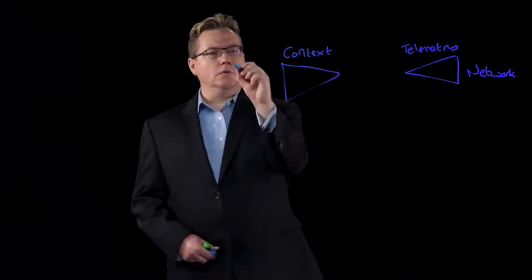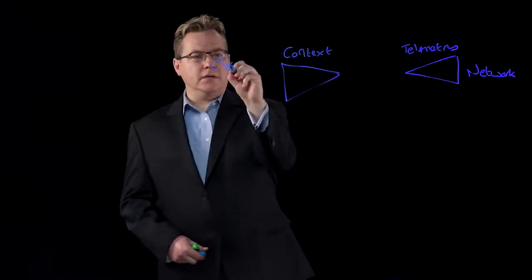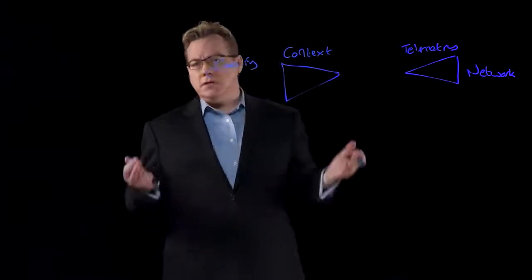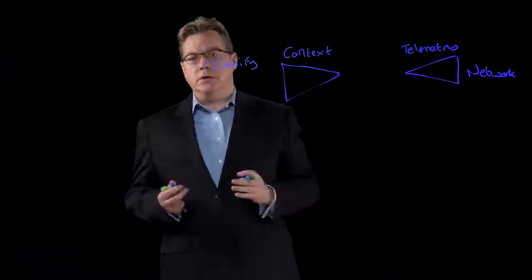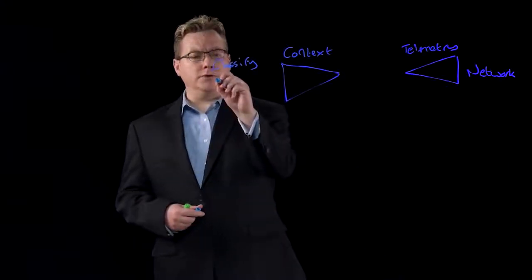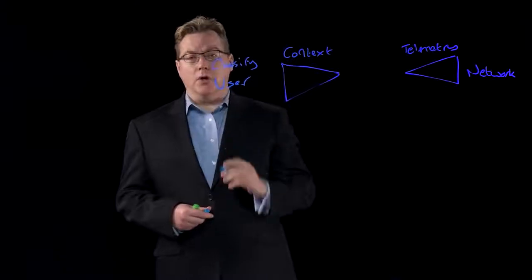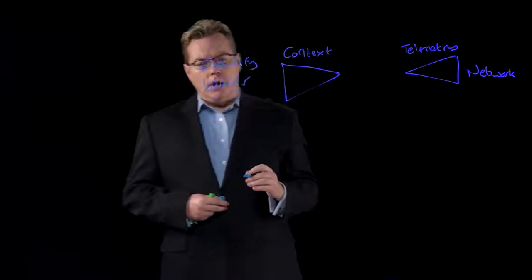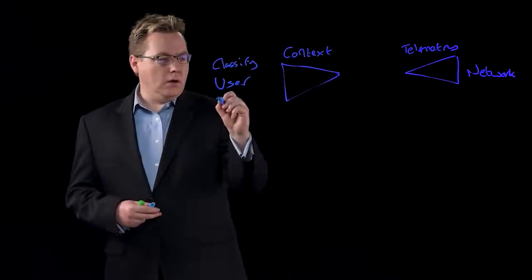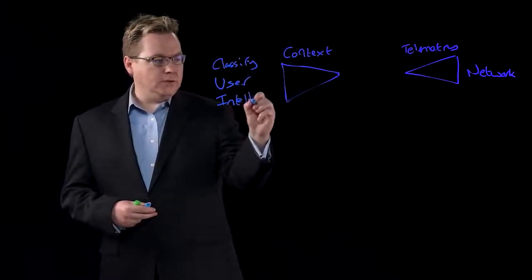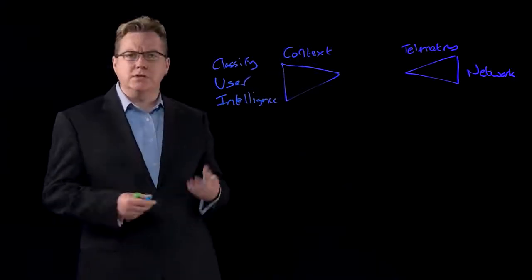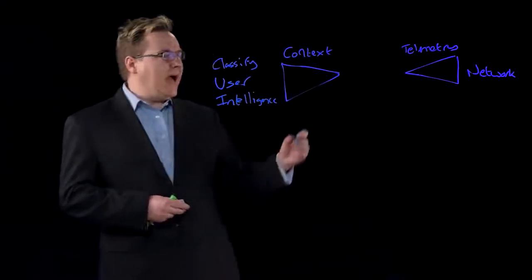We might want to know, what is this? So some idea of the classification of this device. Is it a DNS server? Is it a host? Is it a SQL server, etc.? We might want to know something around who's on the device, who is the user. And we also might want to know some idea of what's happening in other locations. So what do we know from our intelligence sources? Have we seen this kind of behavior before? So we add this all in